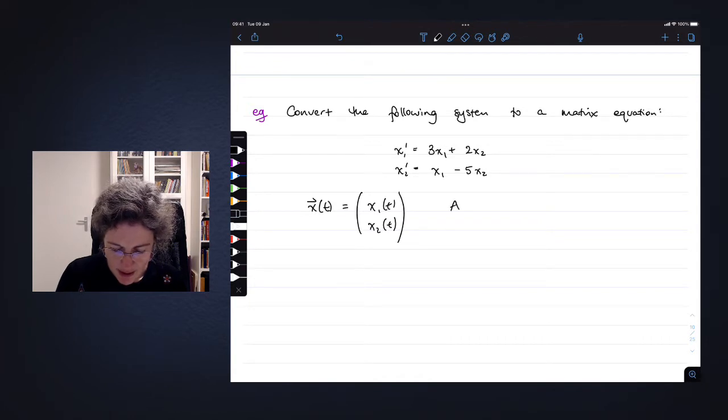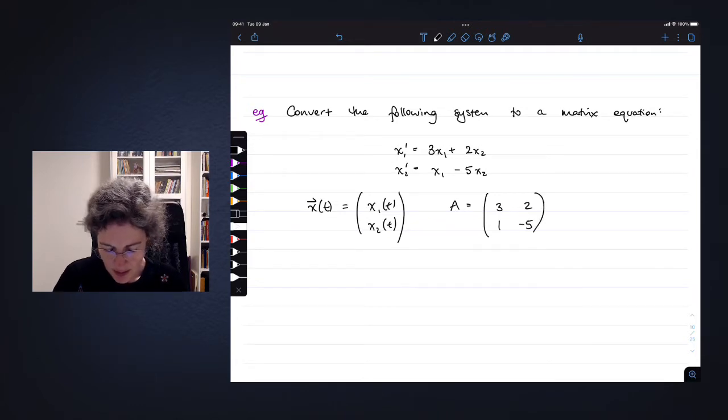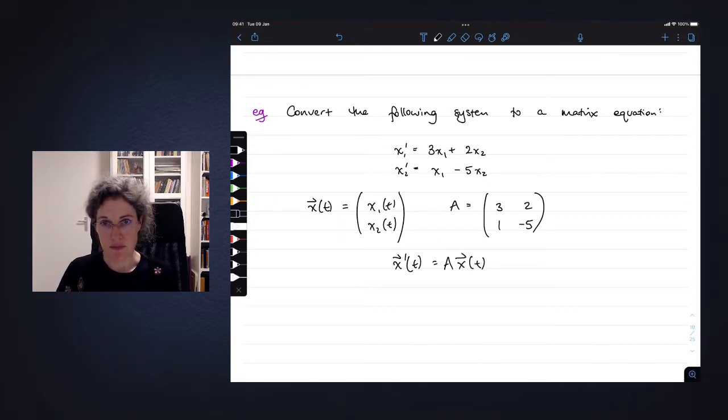And our A here will be 3, 2, 1, minus 5. And then we can write this as derivative of x of t is equal to A x of t. Okay,